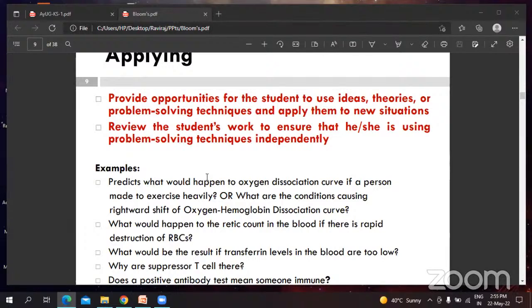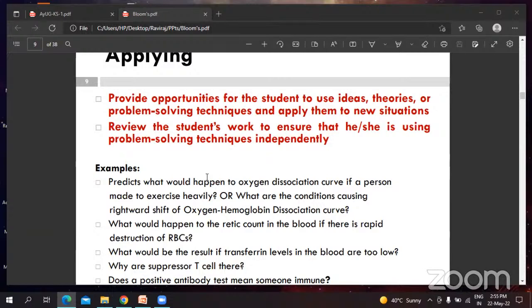There is another example of transferrin. What would be the result of low transferrin? You all know that hemoglobin exists, and hemoglobin requires iron for its synthesis. And this iron is transferred by a protein which is called transferrin. So this is a vehicle. This transferrin is a protein which is a vehicle which transmits that iron into the hemoglobin. It carries